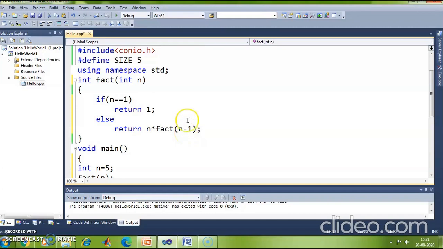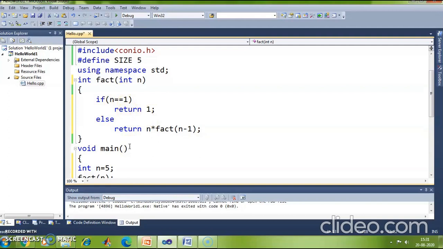Right? So now n value is 2. Is it equal to 1? No. So it goes to the else part, and what does it return? It returns 2 into factorial of 1. Right? So now the n value is 1. So when n value is 1, you return 1. Right?